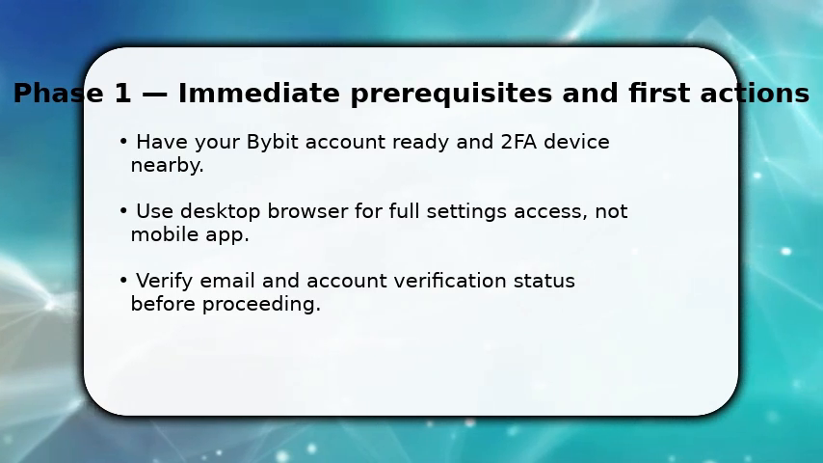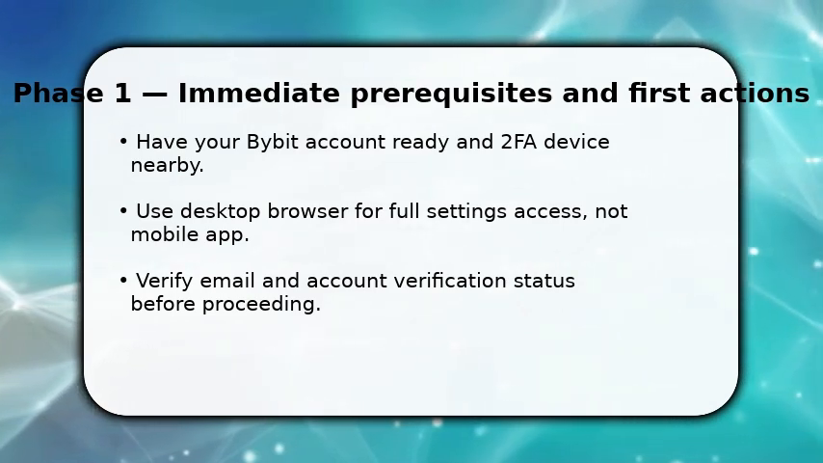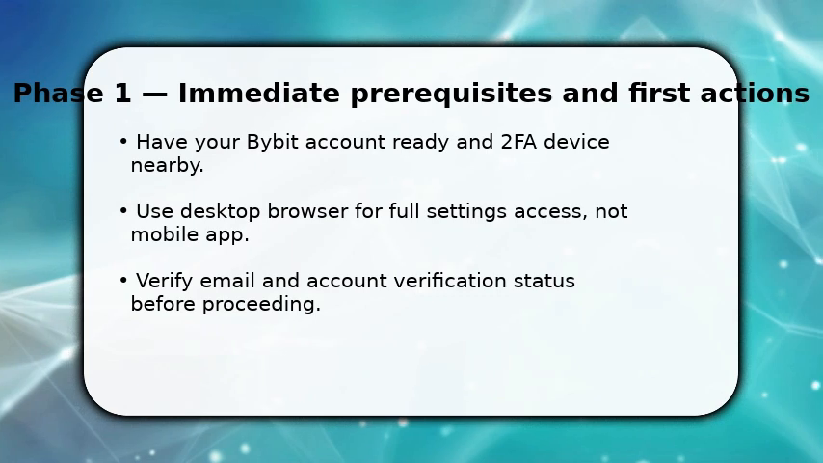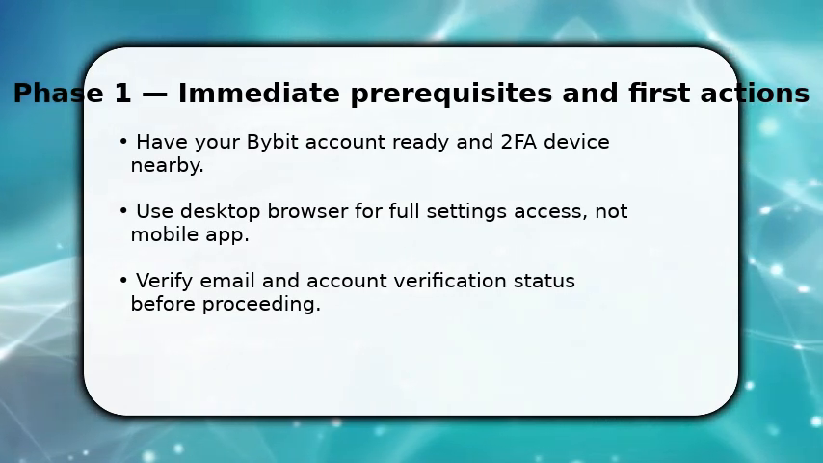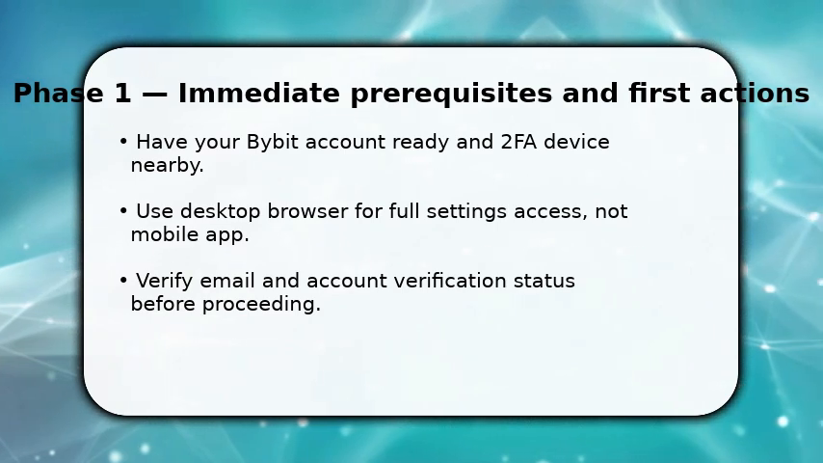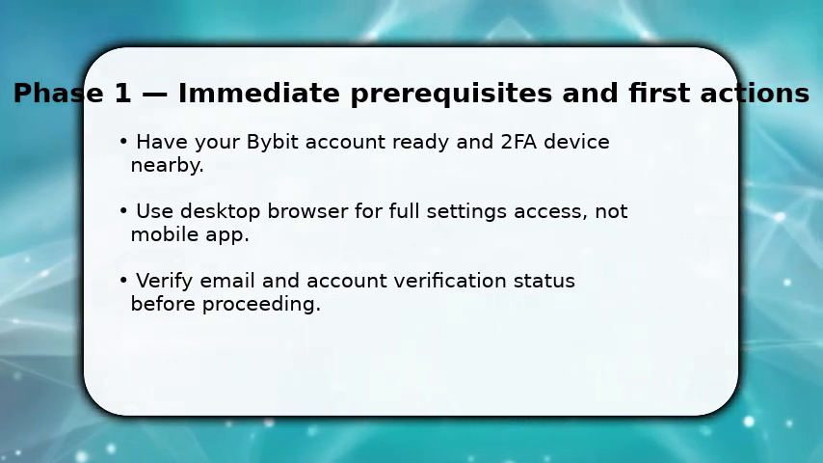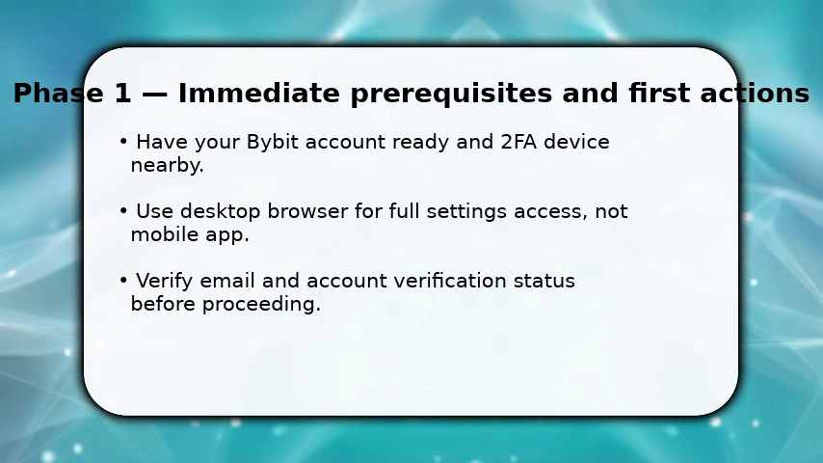Next, navigate to your profile menu, then to API Management. You need that page open now. Don't waste time enabling 2FA mid-process. Instead, confirm it's active. Doing this ensures API key creation won't be blocked for security reasons, and you'll be ready